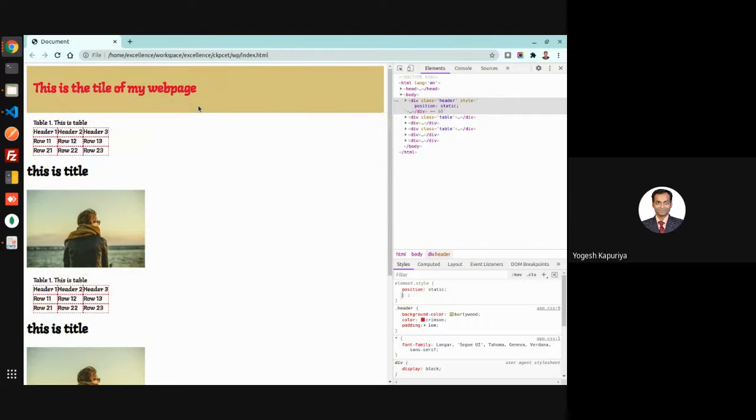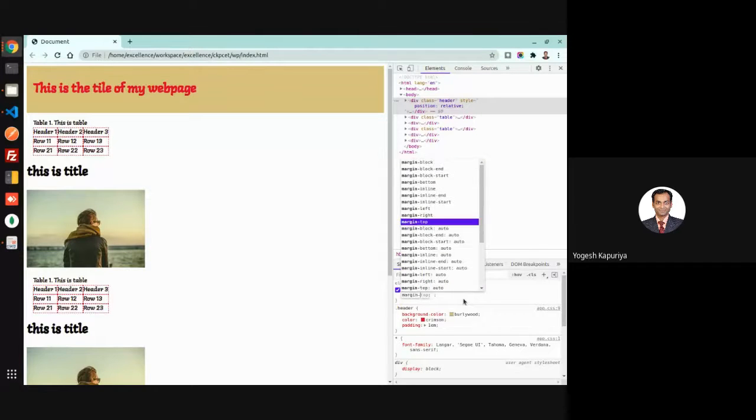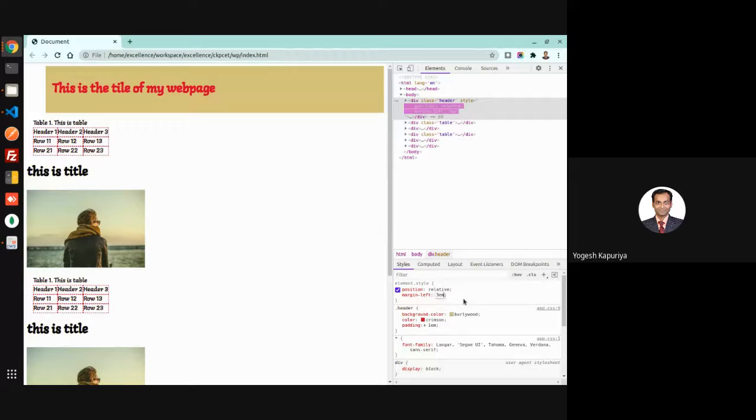Static means that your content will move with the scroll bar. Now there is another position which is called relative. Again, if you change it to relative, you will not feel much difference. But when we write something as relative, whatever margin or something you are adding will be relative to its initial point. So if this point is my initial point, and then I'm writing margin left, that will be relative to its initial point, with reference to that point only.